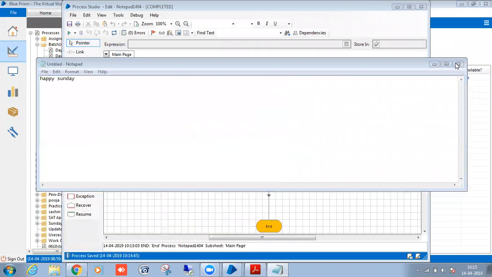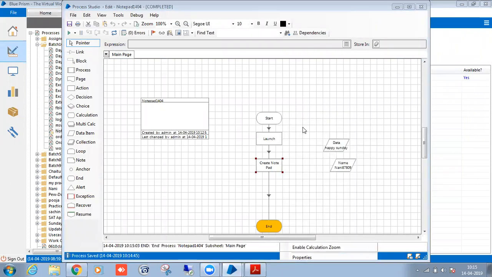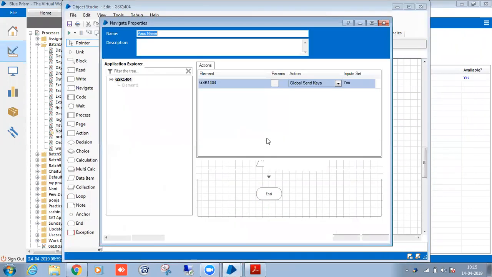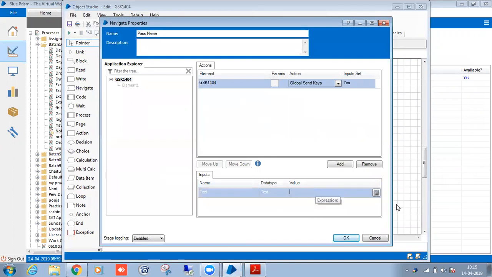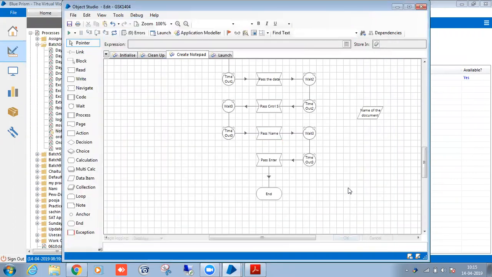What is happening? In the Object Studio, we have to pass the name, right? So here we have not passed the name. The data from the data item we are giving, right? So the name of the data. So now it will execute.